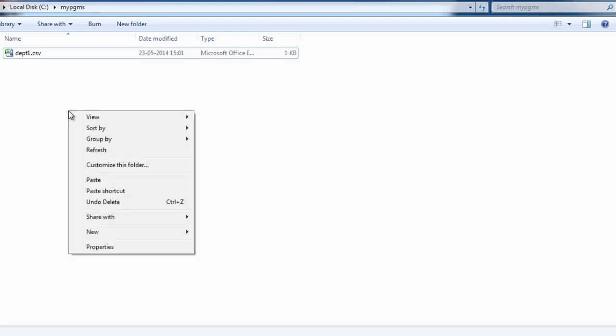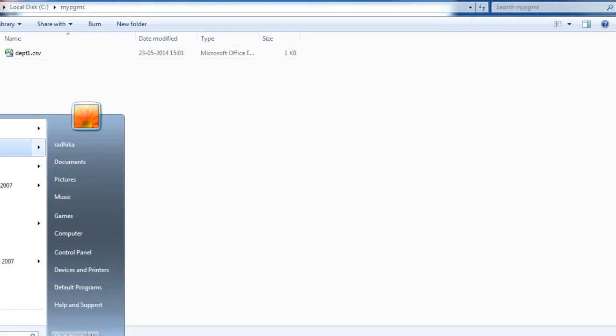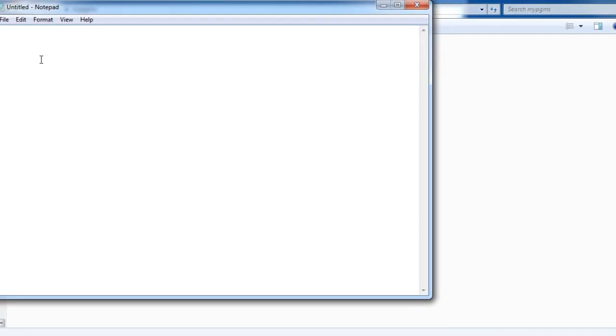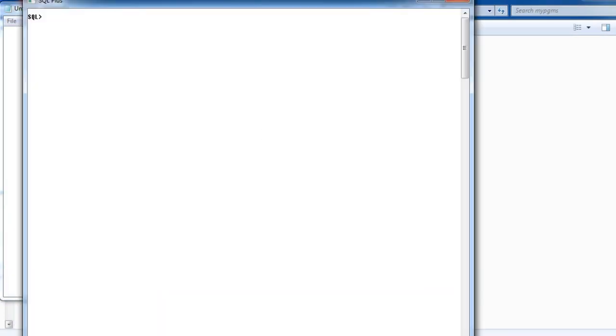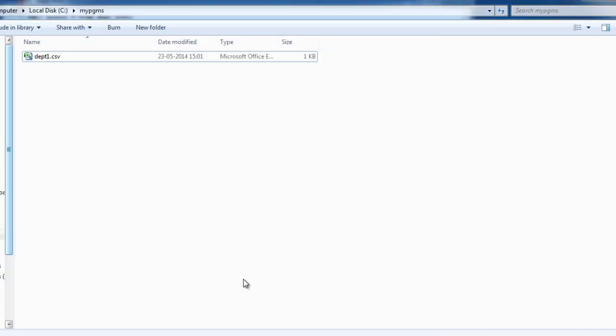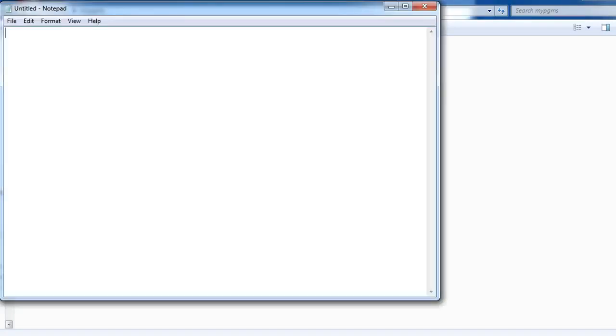So what we'll do now is, the table is ready and even our data file is also ready. Now let us create a control file. So control file is easy. We know the table name. Our table name is department_test, right? Yeah, it's department_test. So let's create the control file.